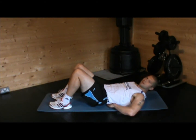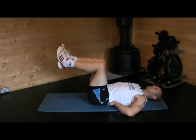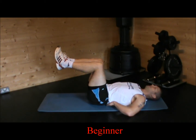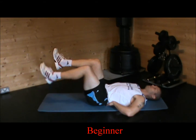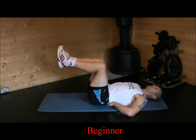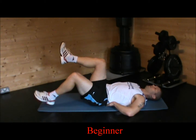So like I said, fingers underneath your back, we're going to lay back down and we're taking our legs up at a 90-degree angle. Okay, so starting off we're going to do one leg at a time. And this is your basic exercise. We're going to just extend that leg out, okay? So we tap the heel down and come back, and then change and come back. Okay, so you can do a bundle of repetitions, alternating legs and keeping the control,